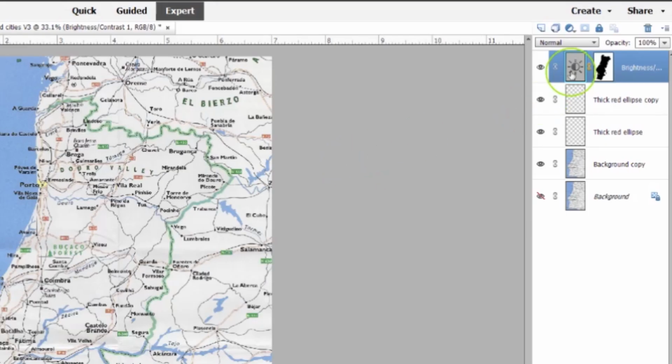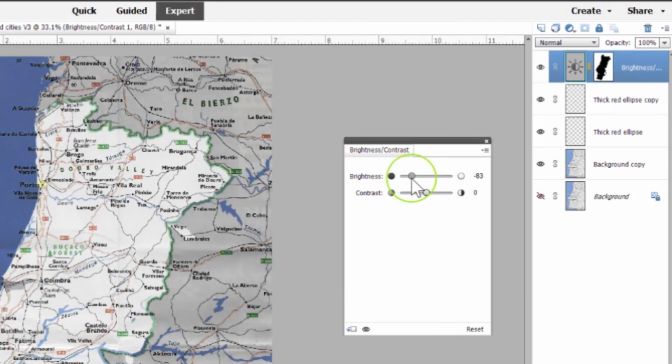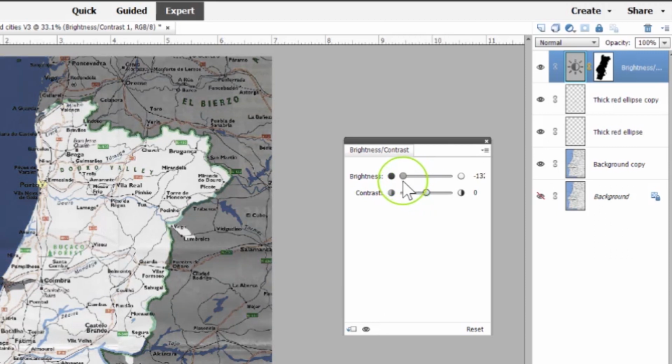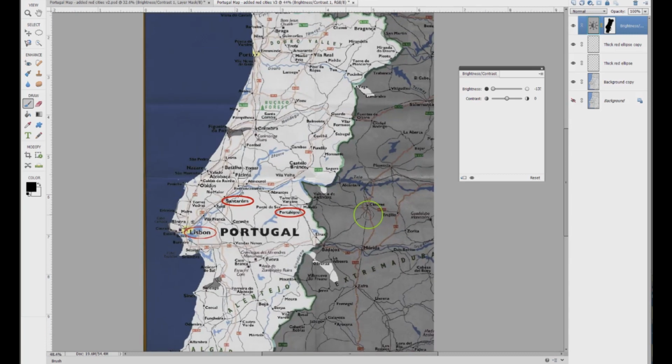I'm going to go back and double click on the icon for brightness and contrast, and I get my sliders back. And I'm going to reduce the brightness on everything except Portugal. Okay, in fact, when I do the finished book, I'm probably going to have it looking like this, but I'm going to go all the way over here such that you can see the mistakes I made. All right, now the way I'm going to correct these mistakes, let me get in a little bit closer here,